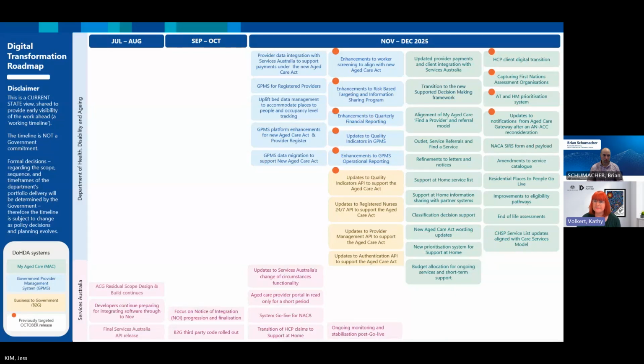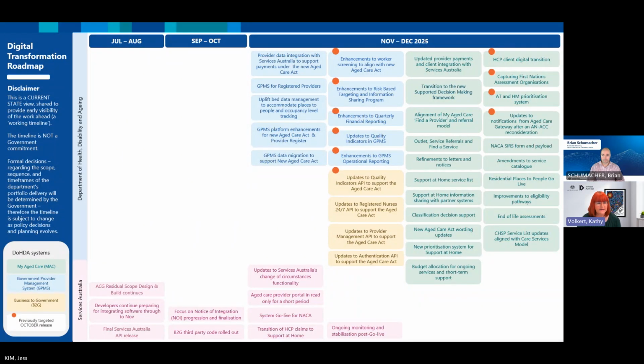We're adding an enhancement to that to allow all aged care customers using the online channel to update their circumstances online. And that's aiming to make it easier for people or older Australians to keep their information as up to date as possible. That can be made to a person's income and assets, address and preferred contact details. And customers can choose to make that via updates via the MyGov account, Centrelink online account or Express Plus app.